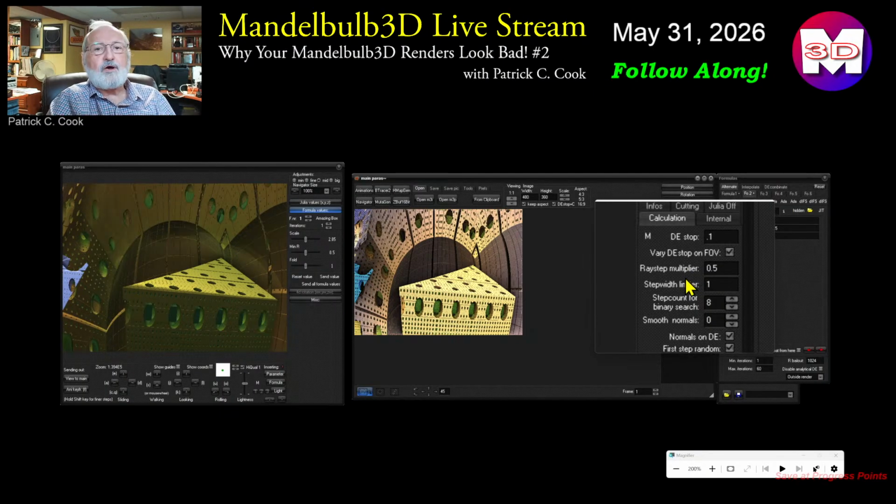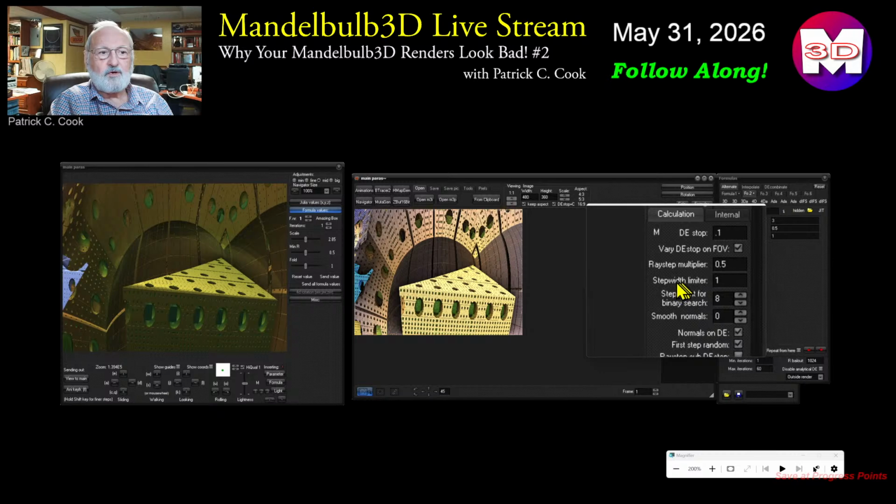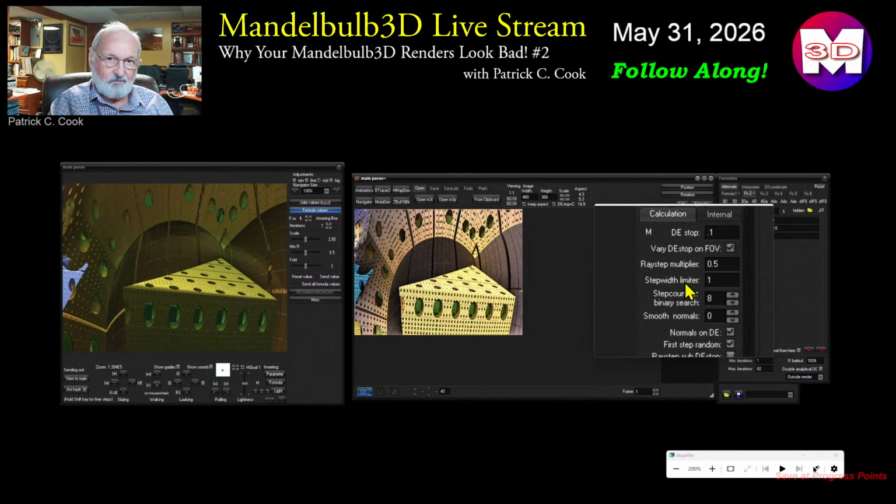Now, there's two I want to talk about today. One of them is called the Raystep Multiplier, and the other one here today is the Stepwidth Limiter. Those are two very valuable, and I would dare say underappreciated rendering settings that I'm really not sure if all but maybe the really advanced